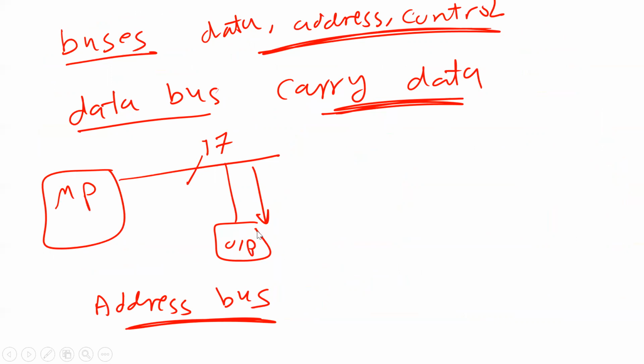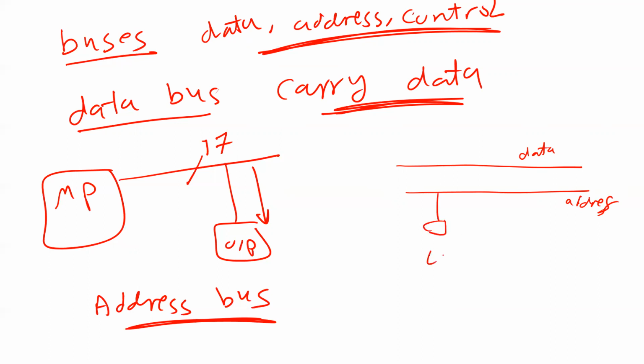Let me make a better figure. For example, we have here data, and here address. It's just one line, but in reality, if it is 8-bit, it should be 8 lines. But I'm going to represent it as only one line. This one is connected to, for example, this is the LCD, this is the LED. And for the address, I'm putting any numbers just to understand it. The address of the LCD is number 10, and this is number 20. If I want to write something to the LCD, and this is a microprocessor,